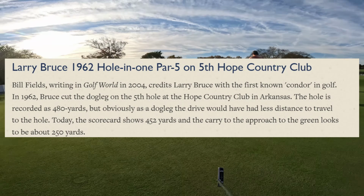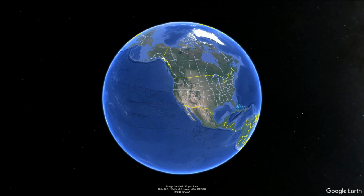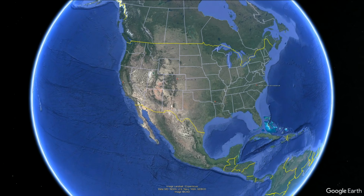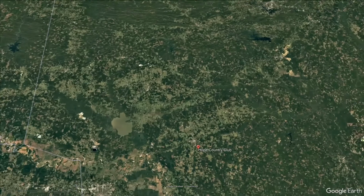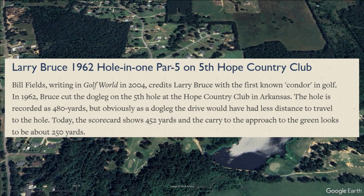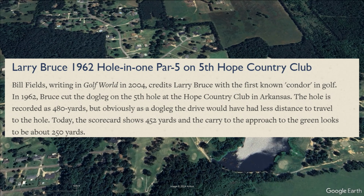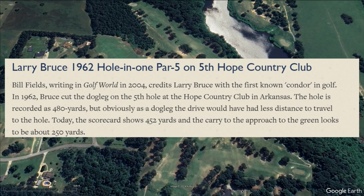Larry Bruce in 1962 on his hole-in-one on a par 5, the 5th hole of Hope Country Club. Sourcing from the World Golf Writings in 2005, credited by Larry Bruce, known for the first Concorde in golf. Taking place in 1962, Bruce hit the dog leg on the 5th hole of Hope Country Club in Arkansas. The hole is recorded at